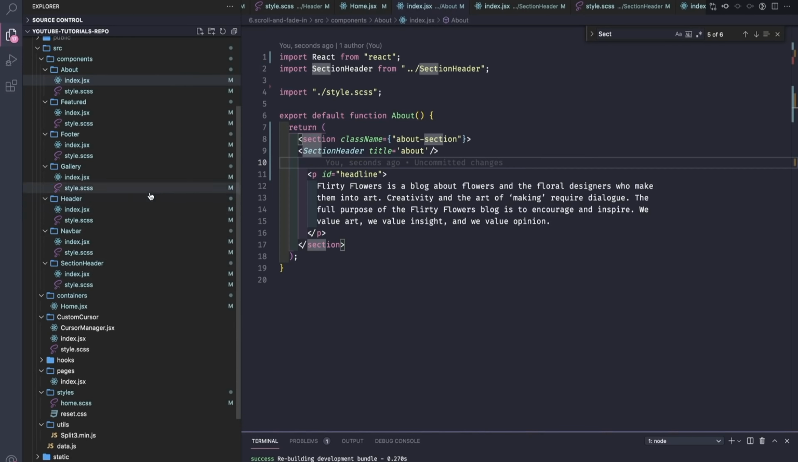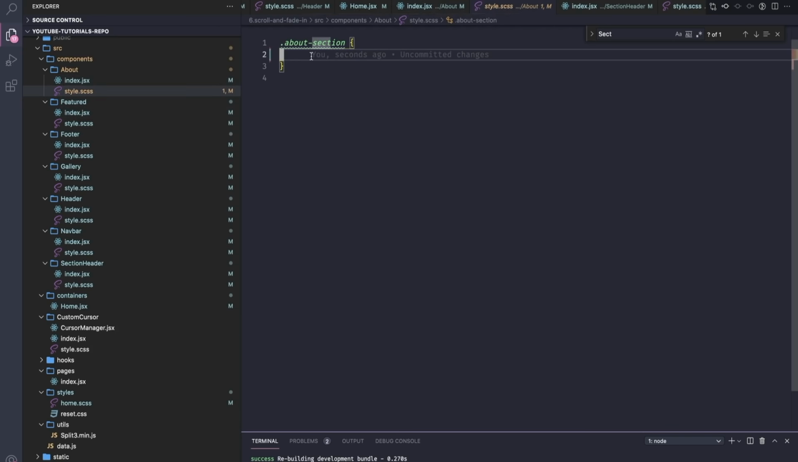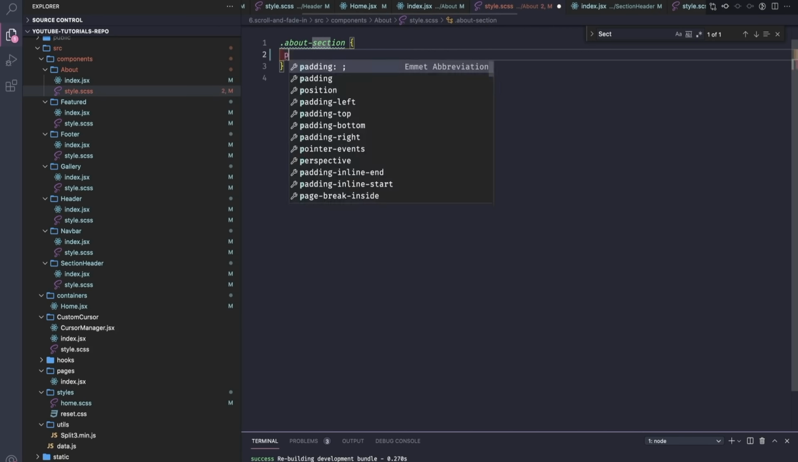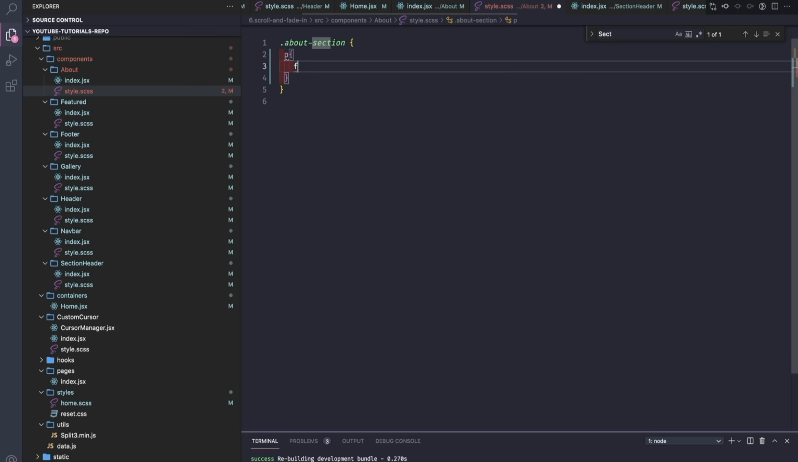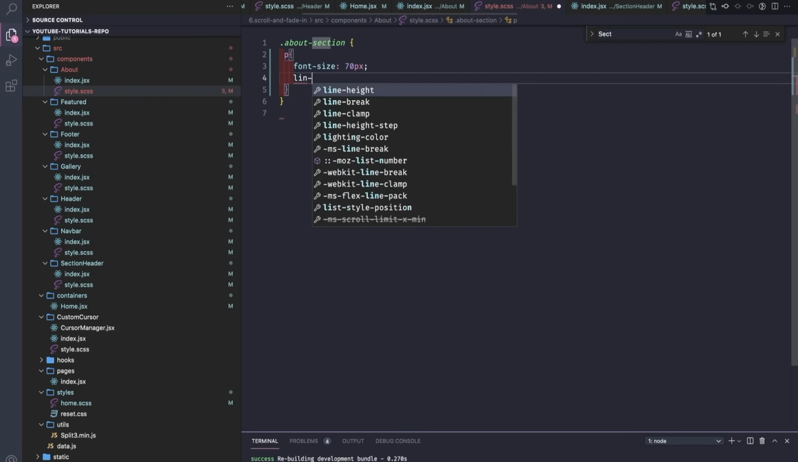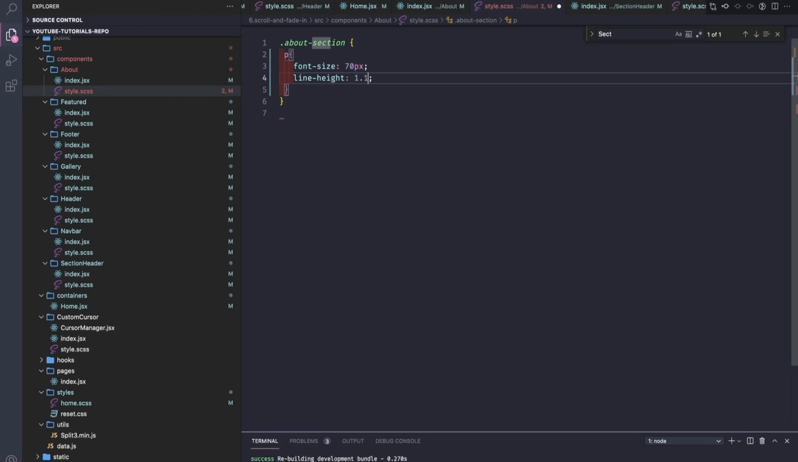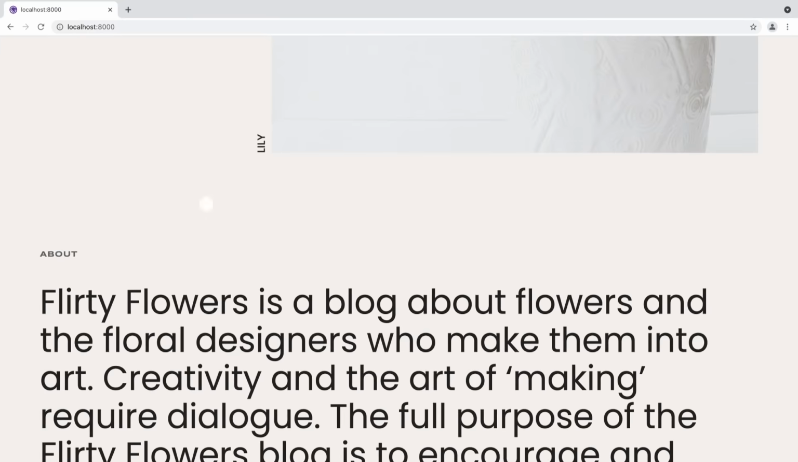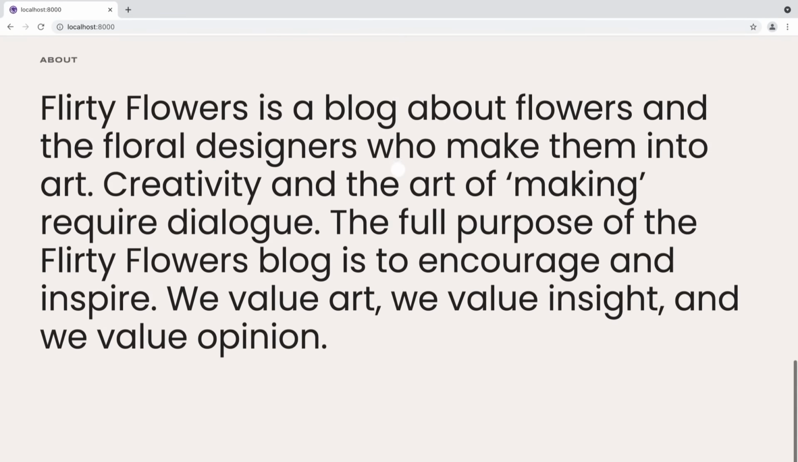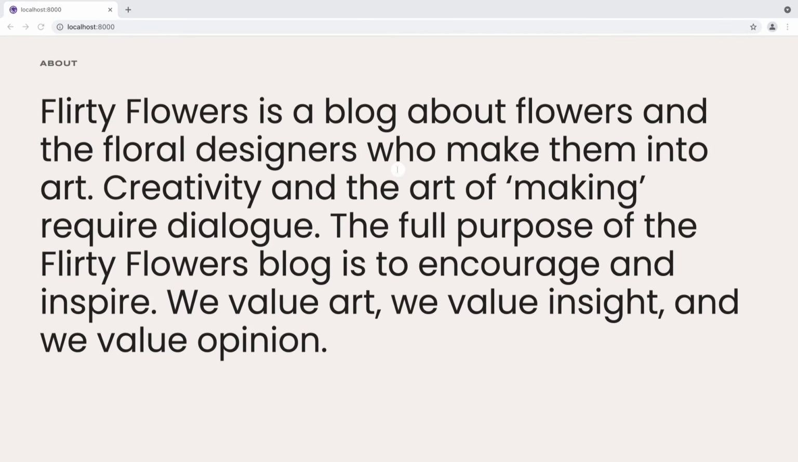And now to style the actual paragraph, we'll target the paragraph and set font size 70 pixels, line height 1.12, let's say, and save. Yeah, we have this nice paragraph. Next